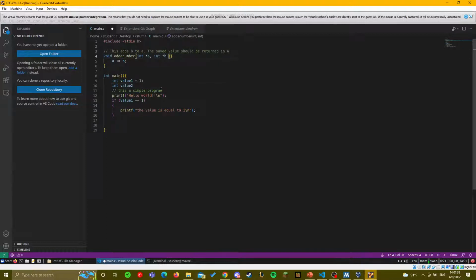So I'm telling you I'm going to pass a pointer here. And now I'm using the address of in this example. So I'm creating pointers that have the address of whatever I want to pass.